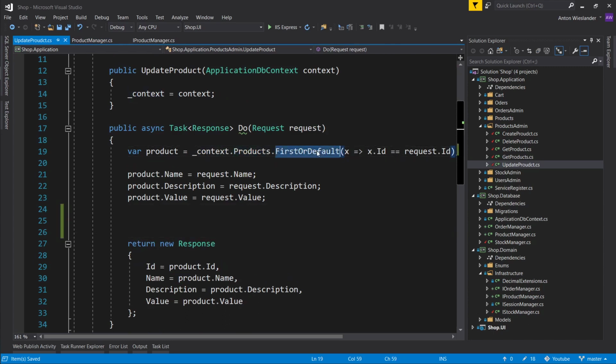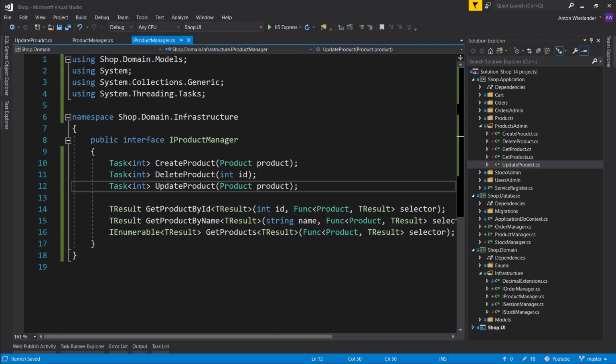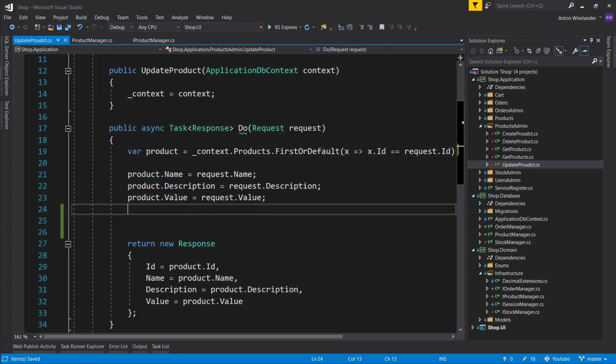We are grabbing a product by ID and we're just working off the product. If we use a selector on this, we will break the reference, but we're rebinding the reference, but it's not going to know which object it is. So what we want to do is just grab a plain old product from here. So could we use a selector? I don't think it matters really. We'll test this